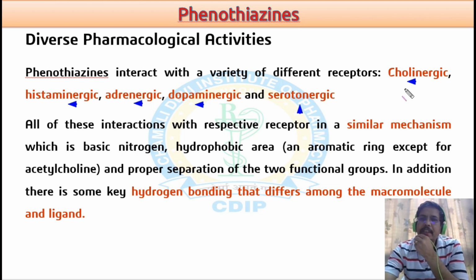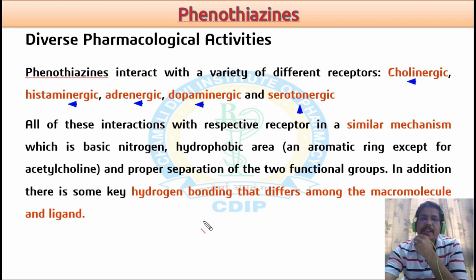So that is common in this type of receptor, and that's why the phenothiazines are able to show such